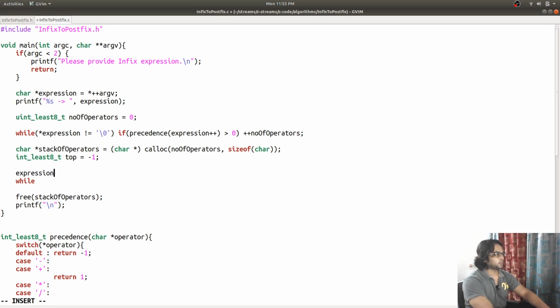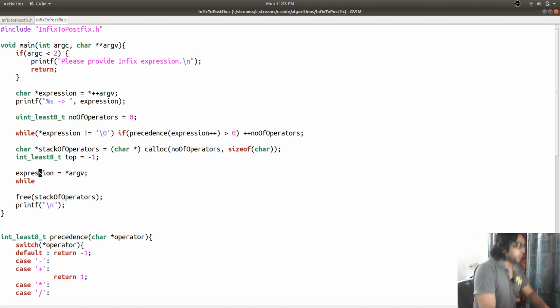I need to reinitialize it to the expression, because while counting the number of operators, the pointed expression has moved to the end of that string, so we need to point it back to the beginning of the expression that we are trying to convert to postfix.